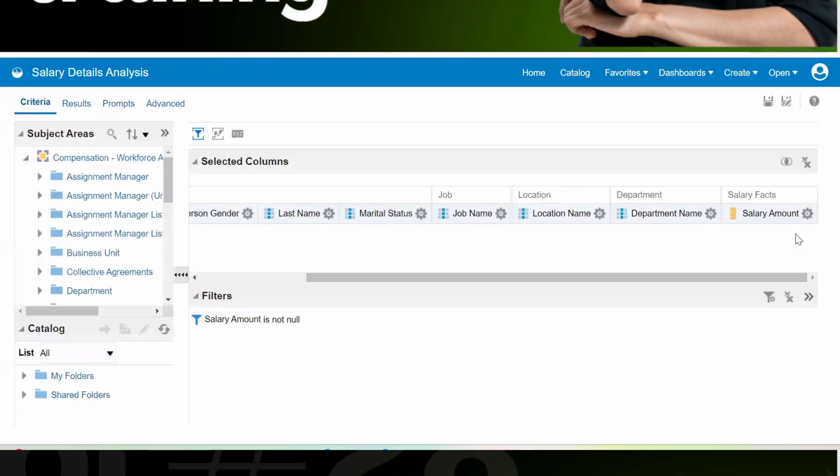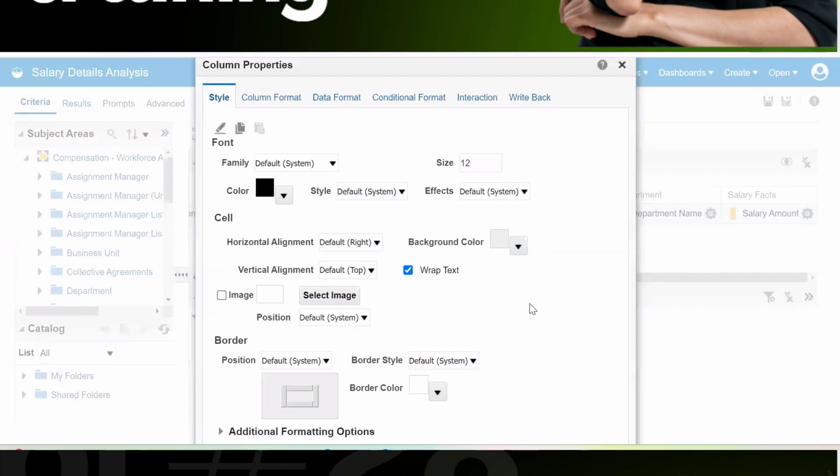I didn't find it. Let's see. Under column properties, which background settings are there? The cell background color, this one, is white only.